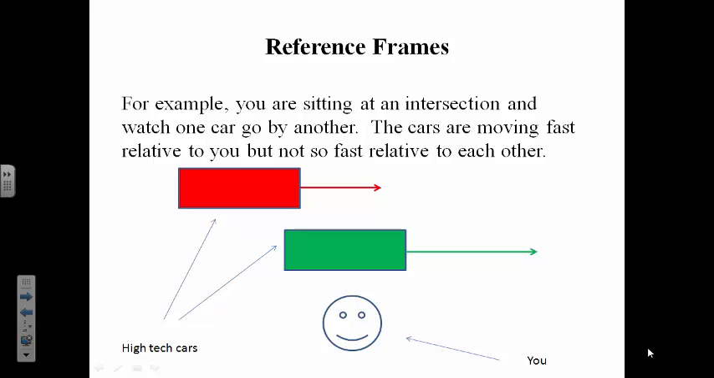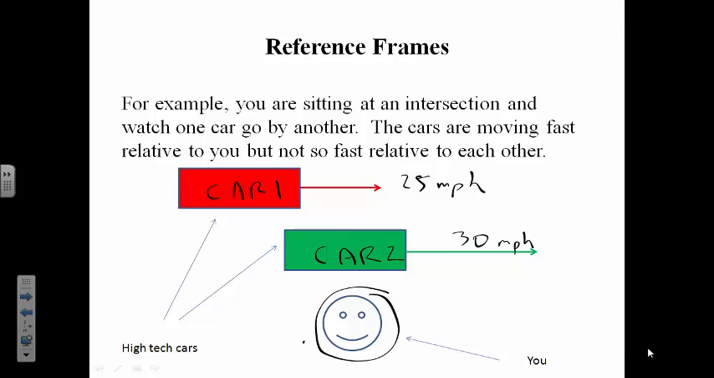What you can think about when we're looking at reference frames is you can imagine that you have car 1 here. This is car 1 and here's car 2. Let's say car 1 was moving at 25 miles an hour, and car 2 is moving at 30 miles per hour. So car 2 at some point overtook car 1 and passed it. And you're sitting here on the side of the road, this is you, watching the green car pass the red car. Now to you, you see the green car going 30 and the